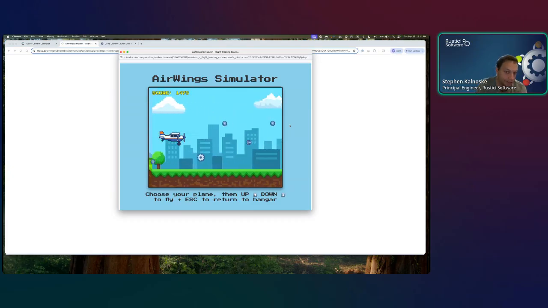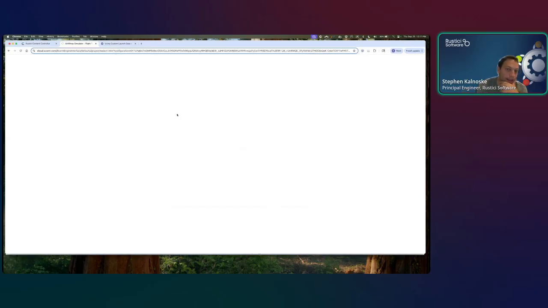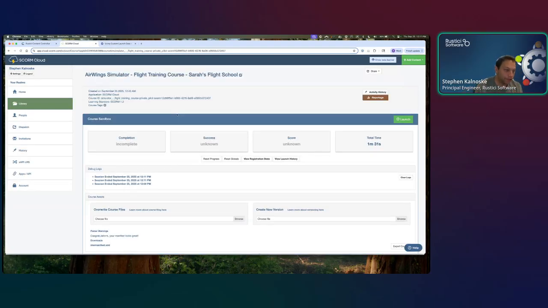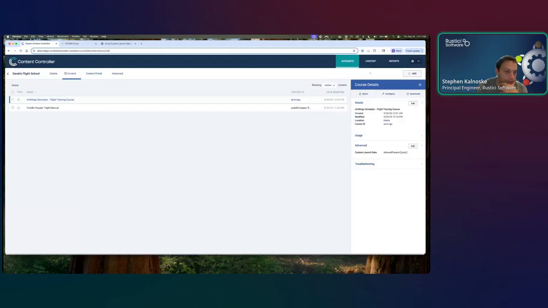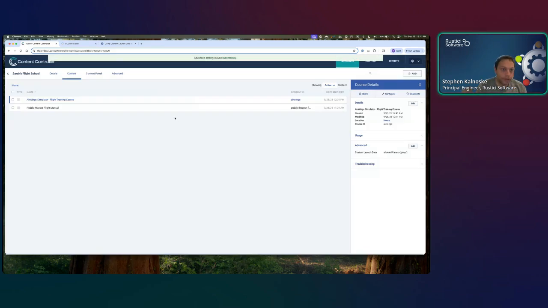If there is custom launch data, then you can modify the course on the fly per launch. They on their side didn't have to re-upload anything either. And then afterwards, Sarah's Flight School might, hey, they have Nathan Fielder there now, so they're flying jets. So we want to upgrade them to the next jet. So all we have to do is go in here, add jet to the custom launch data,